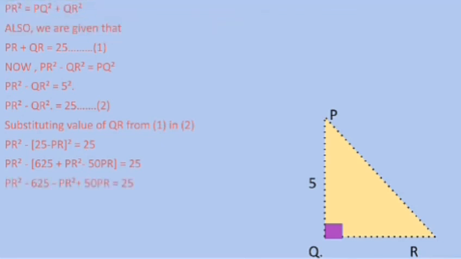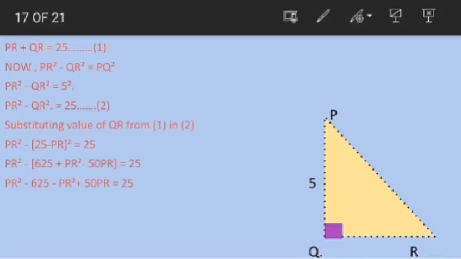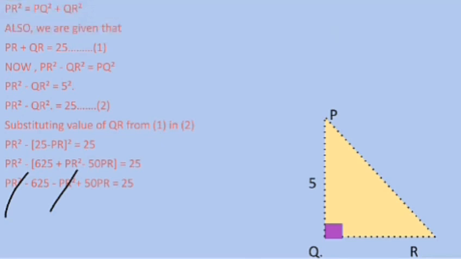The 6 to 5 that is positive is going to be negative, and PR square that is positive is going to be negative. So PR square minus 625 minus PR square plus 50 PR equal to 25. Here class, PR square will be cancelled out, and we will be left with the value minus 625, 50 PR and 25. And further moving, we will have